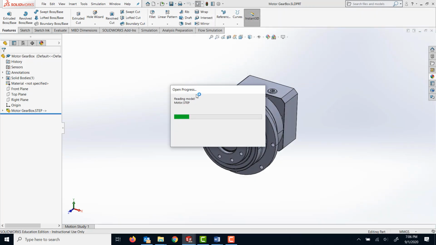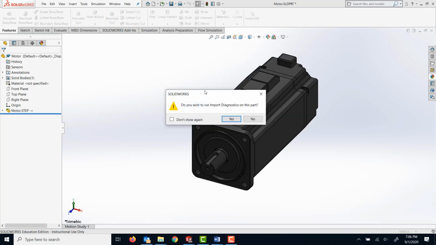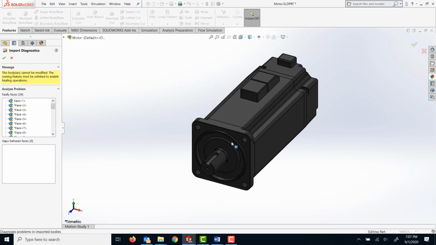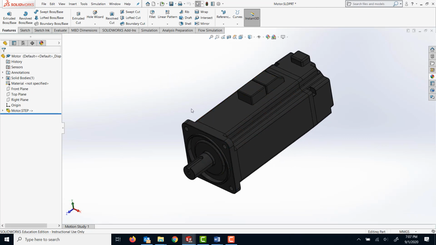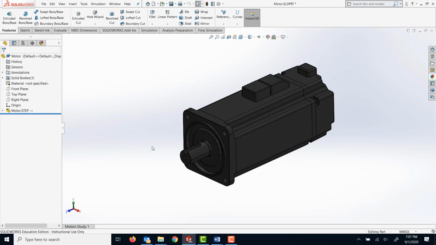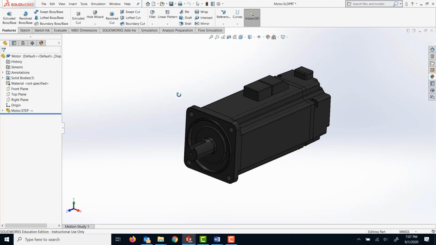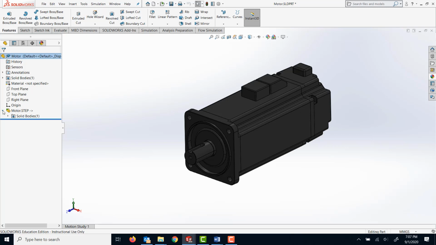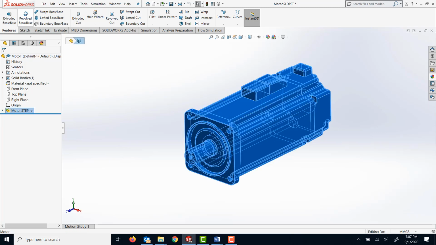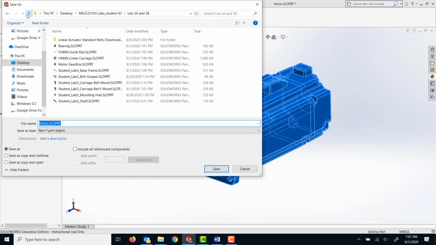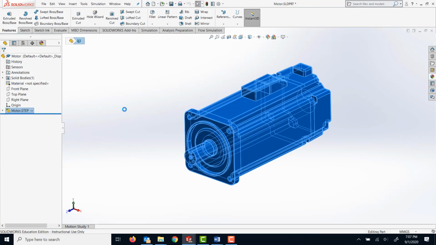So this motor and gearbox, they're just added there to complete the design. So these are standard components. These are not real motors or anything. It's simply brought in as one rigid body. They're one solid body. That's how we're bringing it in. Okay, so I'm gonna save this file as a motor solid part,